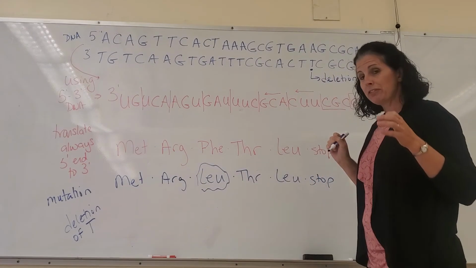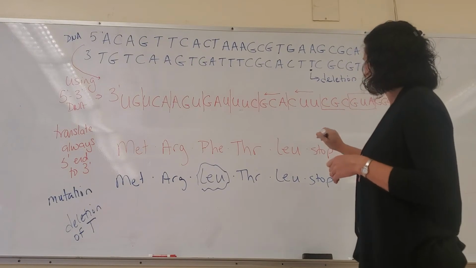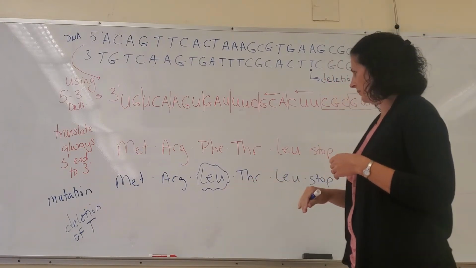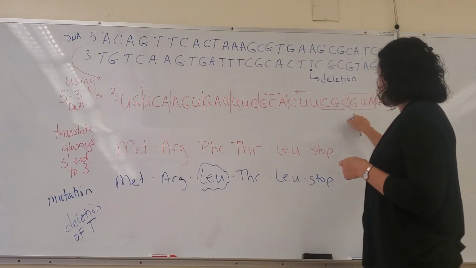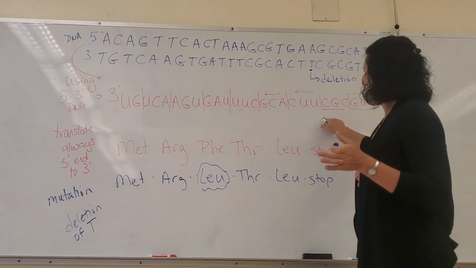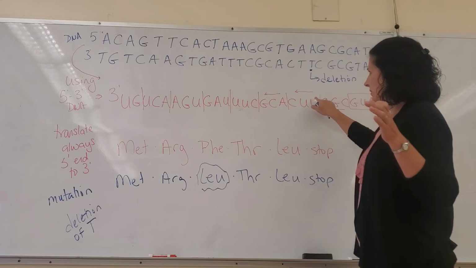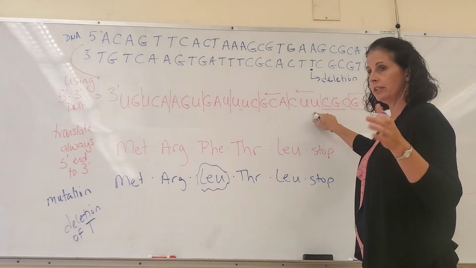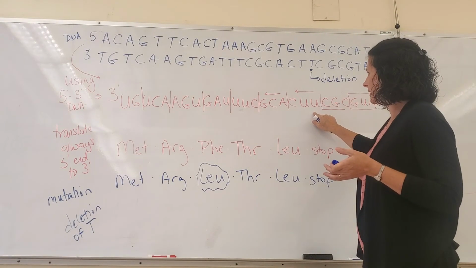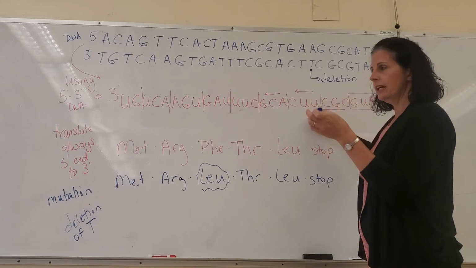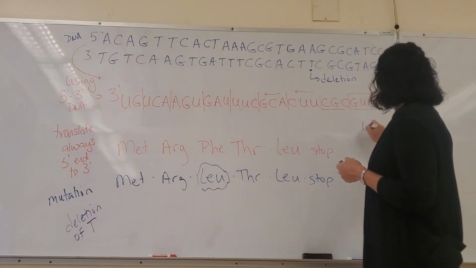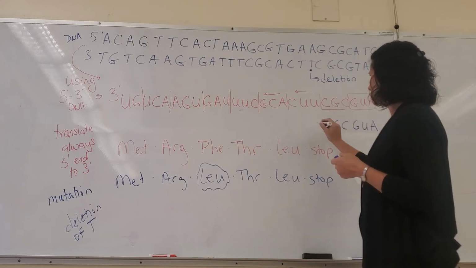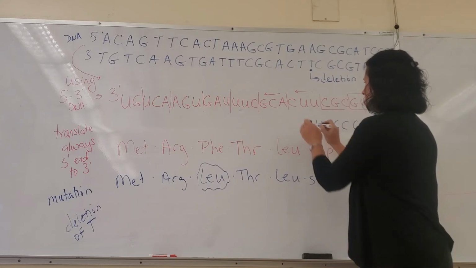This causes what's called a frame shift mutation, because now we're not only affecting just one amino acid, but now what's going to happen, if we look at our deletion, this is all going to be the same, but now, because we've removed this U, because there's not a T there anymore, it's going to change our groups of 3 nucleotides. So we'll still have AUG, but now without this U, we continue on UC,